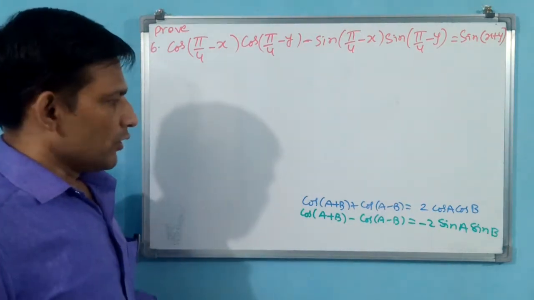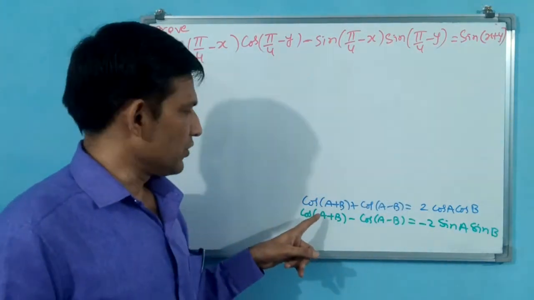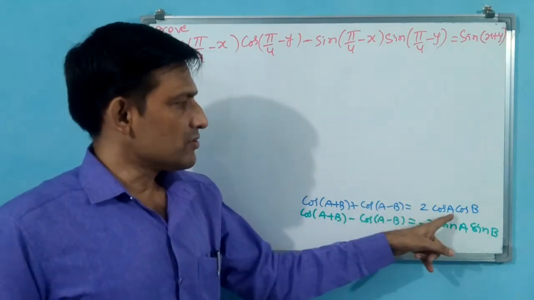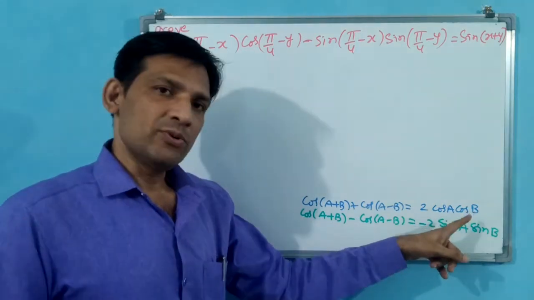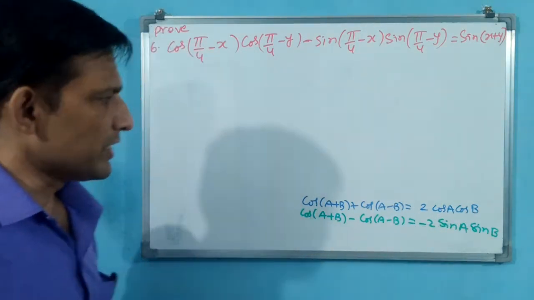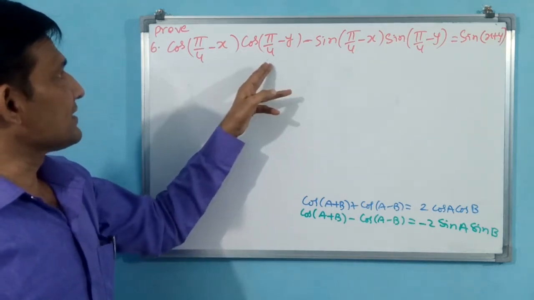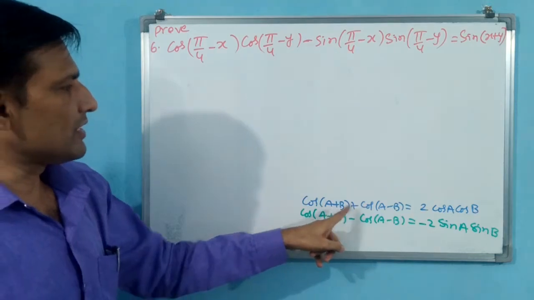Okay, now if you have this formula in front of you, you can convert this, even that also. A plus b is equal to c, a minus b is equal to d, a is equal to (c plus d) by 2, b is equal to (c minus d) by 2. That also you can do. Okay, now you compare this. Cos has come. Okay, one is a plus b, one is a minus b, like that you have to take. You say cos.